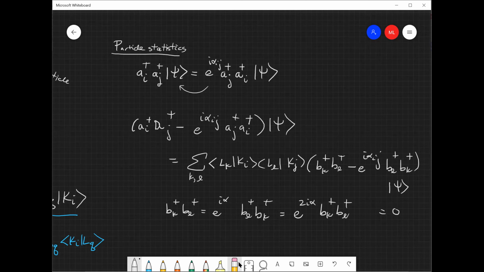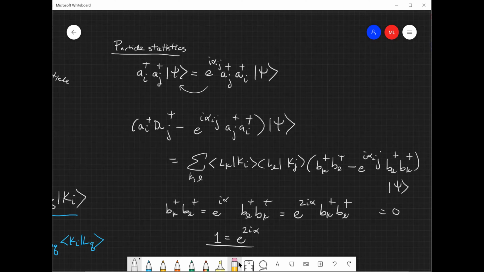And now you see the only possibility here is that this thing is equal to 1. This is the same as what we did before for the multi-particle states, except it's just in this occupation number representation. And instead of having a constraint on the wave function, this gives you a constraint on the commutation relations of the